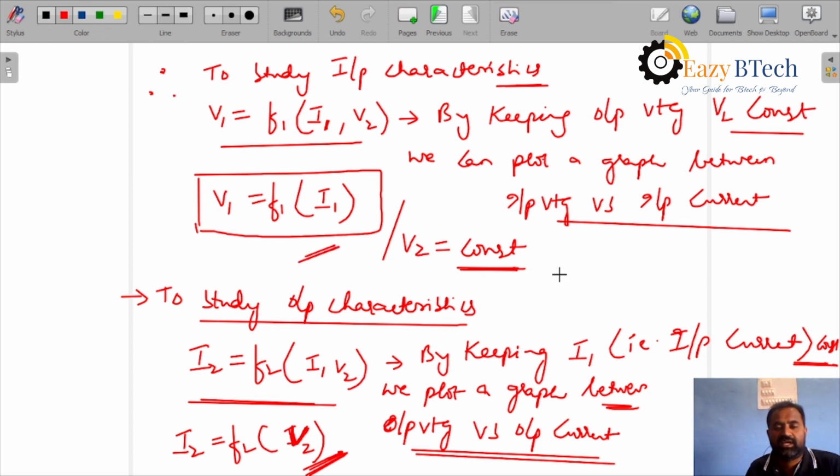This is a basic analysis of configurations. How we will start input and output graphs between common base, common emitter and common collector configurations, and basic two-port network analysis. Okay, students. In the next session, we discuss about